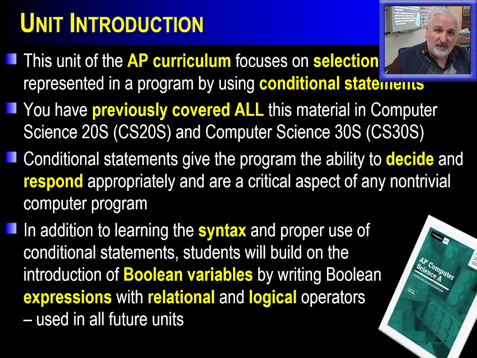It has all been previously covered in the Computer Science 20S course and the Computer Science 30S course in the introductory unit. Conditional statements give the program the ability to make decisions and respond appropriately, and it's a critical part of programming so that you can branch off your code in any kind of computer program. So we're going to learn the syntax and proper use of those conditional statements, which will introduce the idea of a Boolean expression or a Boolean variable, and making that to create relational and logical operations, which is used throughout